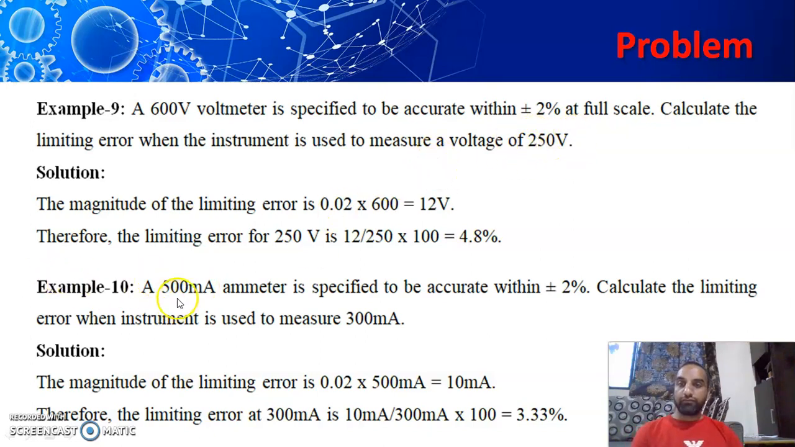Similarly, a 500 milliampere ammeter is specified to be accurate within plus minus 2%, and we have to calculate the limiting error when the instrument is used to measure 300 milliampere. The magnitude of the limiting error is 0.02 times 500 milliampere, so it becomes 10 milliampere. Now the limiting error at 300 milliampere is 10 milliampere upon 300 milliampere times 100, so it becomes